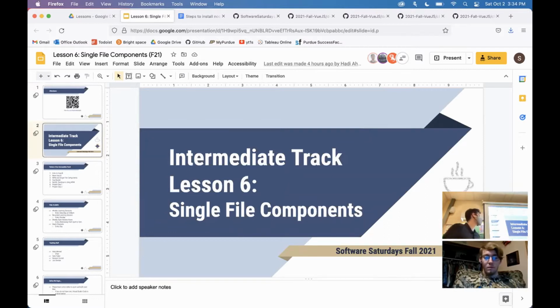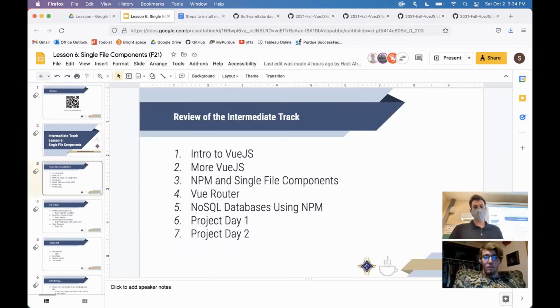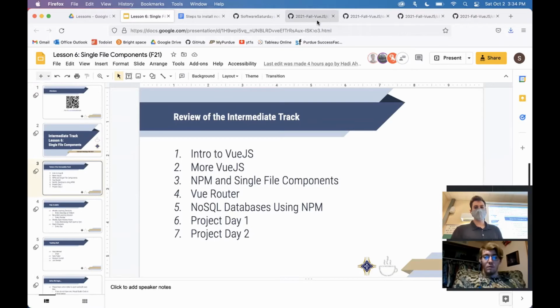Okay. So intermediate track, we're doing single file components today. It has to do with Node and npm. Actually, before I start, I wanted to mention, I forgot to mention last week, but 2 weeks ago, we went over,